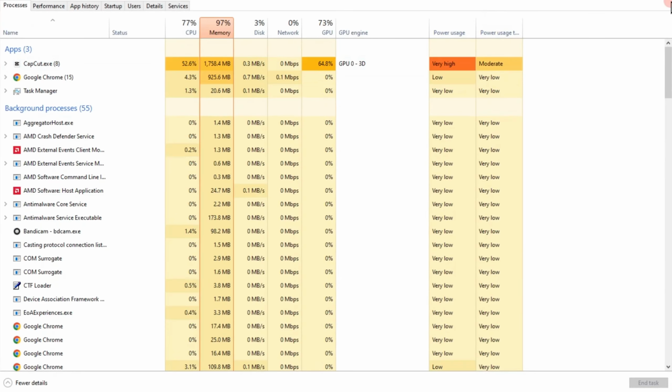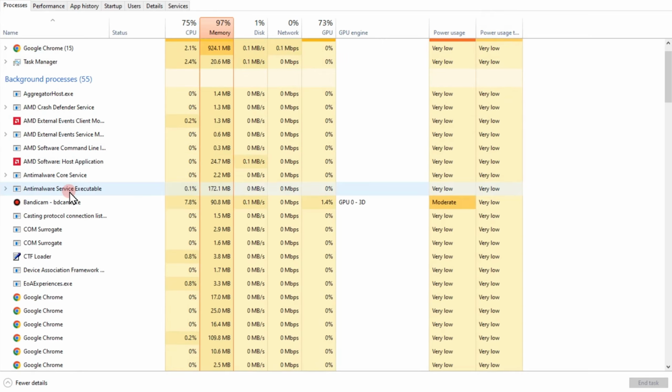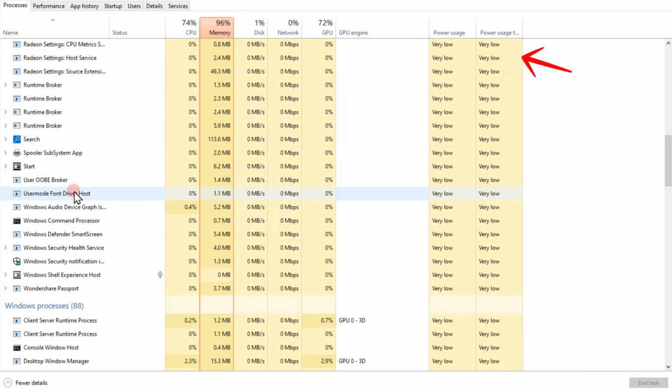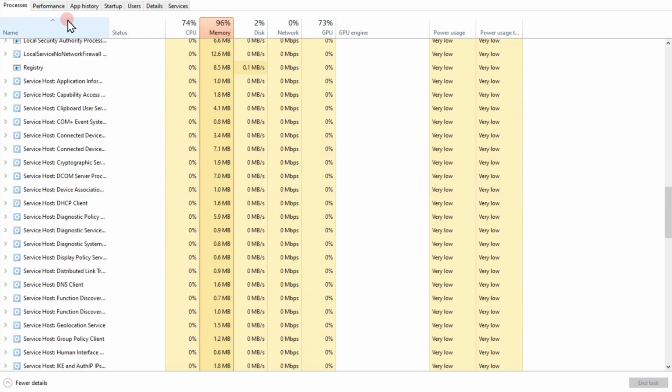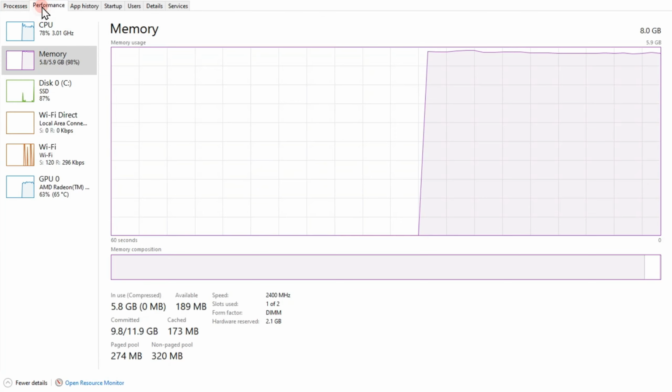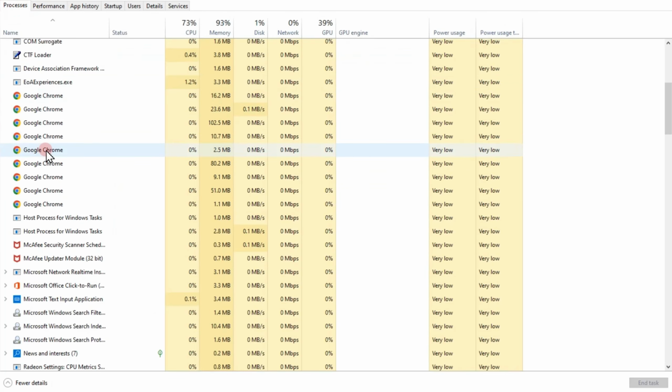Step 1, you can go to Task Manager. You can end any stuck Firefox processes. So go to your Start menu and then look for Task Manager. Under Processes, look for Firefox. If there is, then all you have to do is click that Firefox right here and then end the